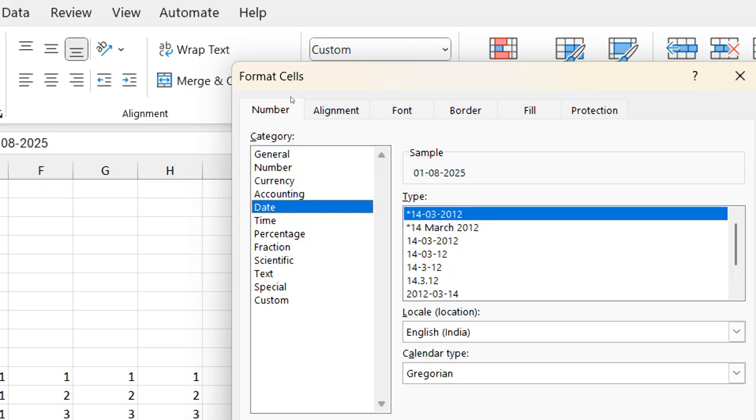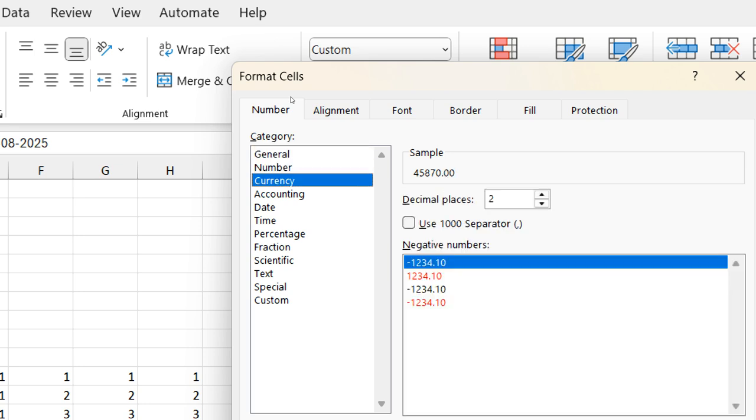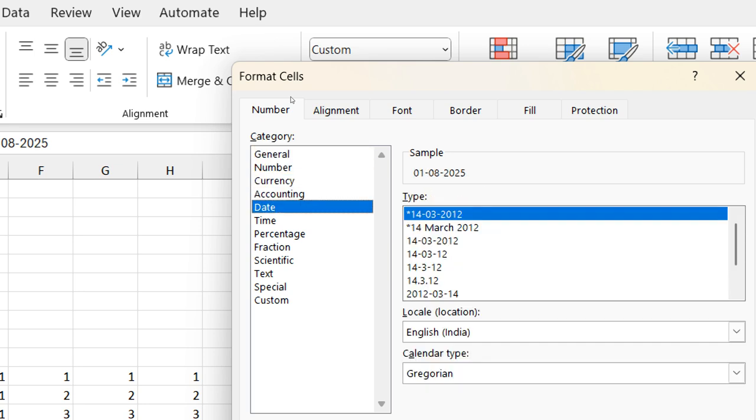That's your wish. But I'll go to date. I'm not satisfied with the date format. Can I create my own date format? Yes. Custom. Go to custom. Under custom,